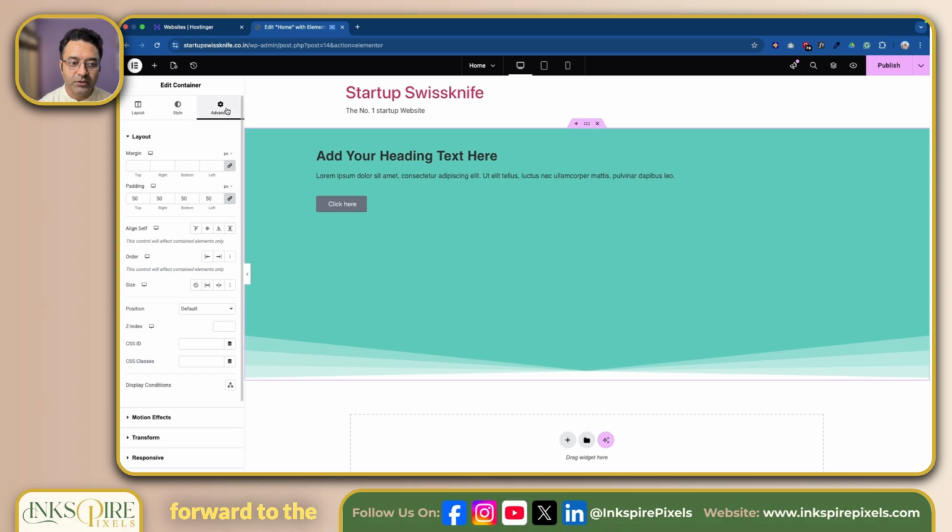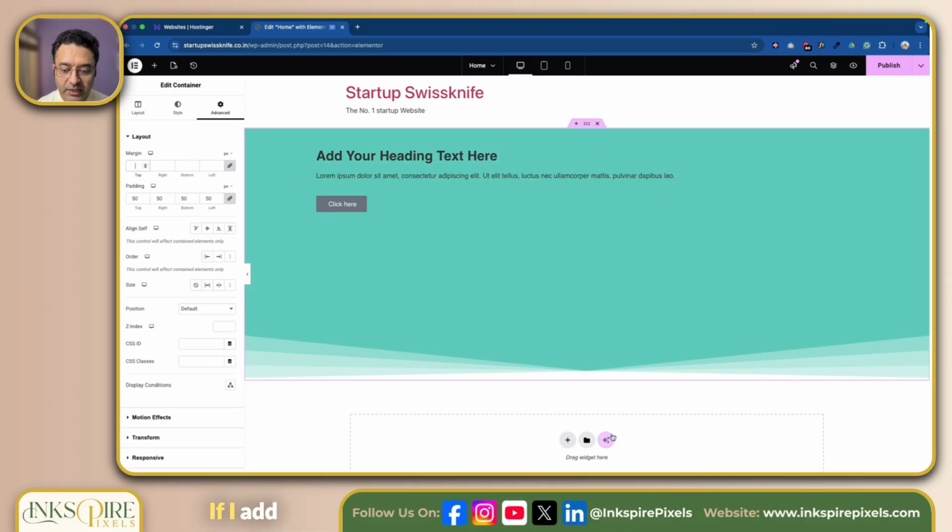Now moving forward to the advanced tab, here is where you can actually manage the spacing, animation and other motion effects. So there are these options called margin and padding. So margin is the space that comes between different containers. It is on the outside, and padding is the space that comes on the inside. So this internal spacing from the top, you can see, right, is basically the 50 pixel spacing that I have